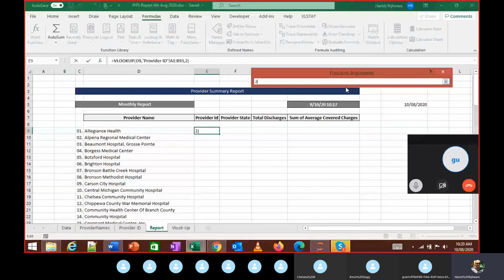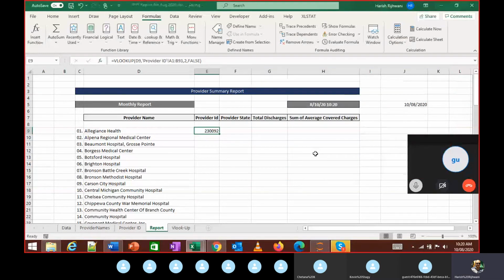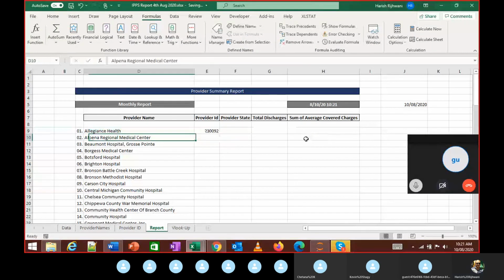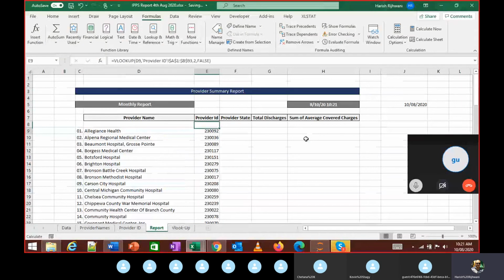Column index number is 2 and this is false. I need to fix this also in this case. And I repeat that.